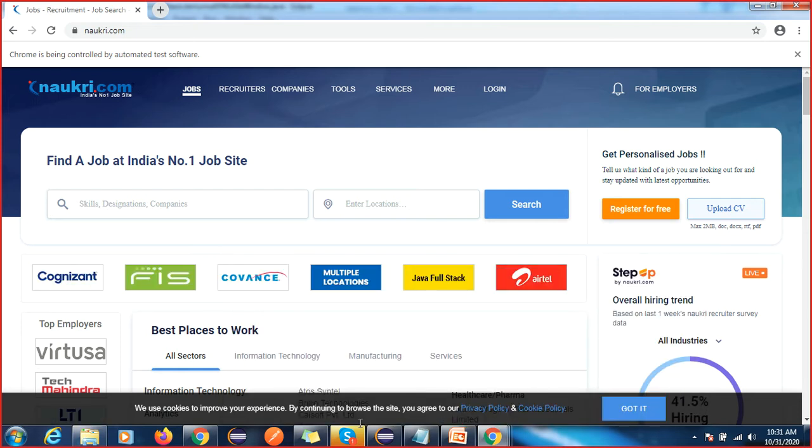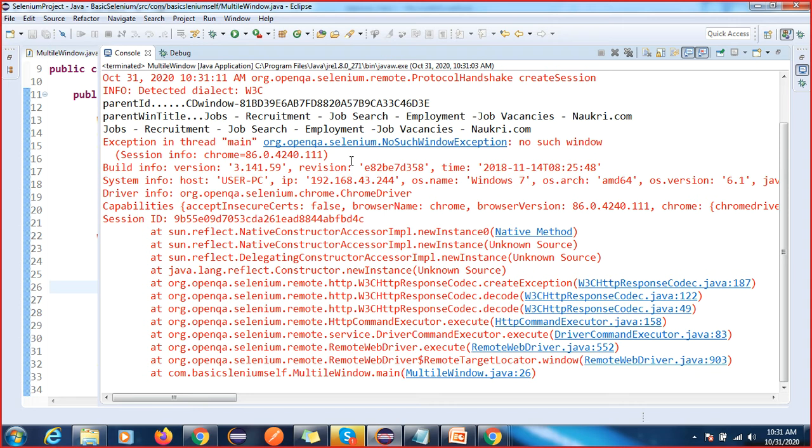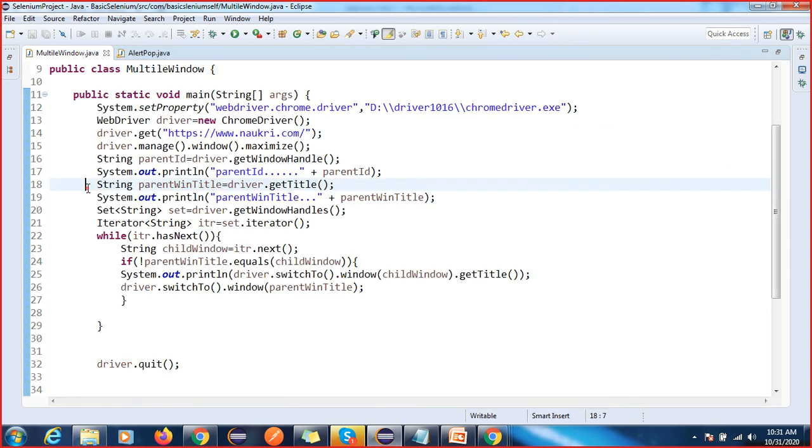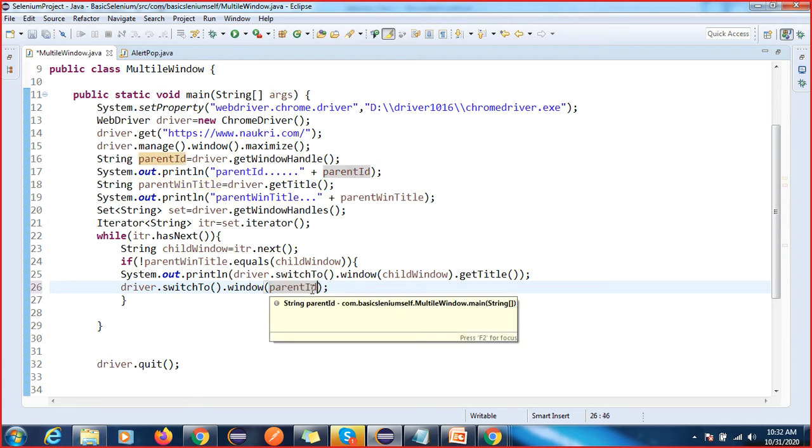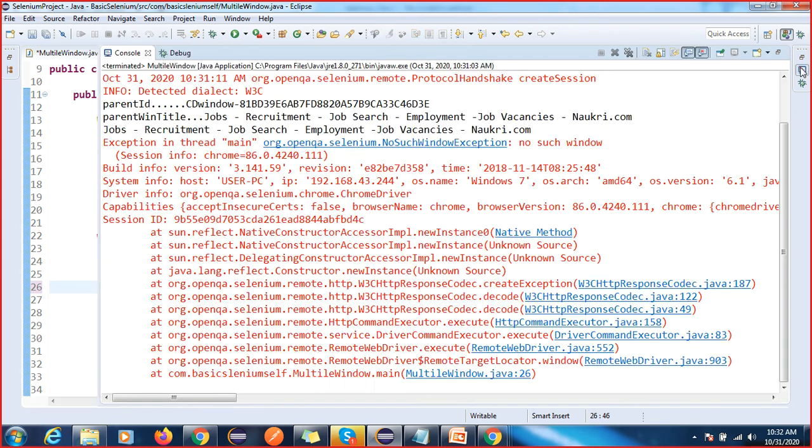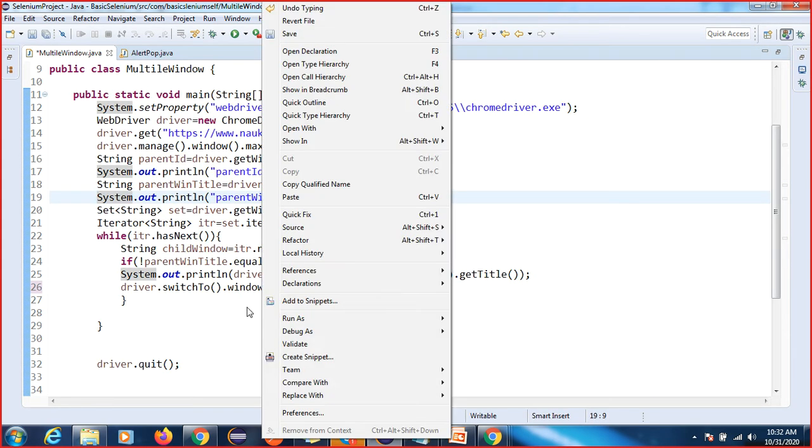But still it is getting the same error. So no such element, why is it not able to switch to the parent? See what the problem is? I have given the wrong variable name. Got it, right? This is the parent window ID, and we did not concentrate, because if I go anywhere it will work. This is the problem. The ID is not there, so how will it switch, right? That's why we are getting no such element exception. Let me check one more time.